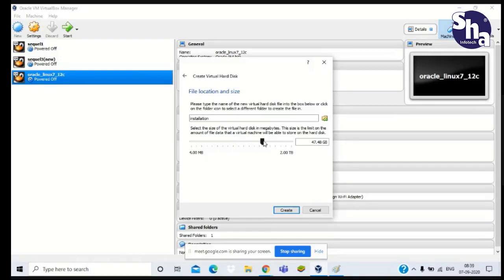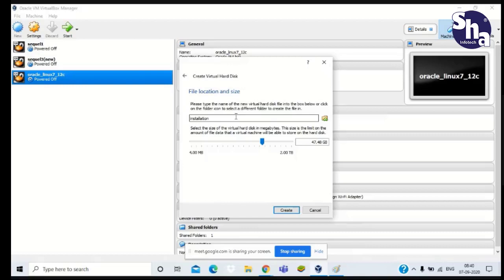And keep the location of this machine on a local disk. That means everyone has local disks like C, D, E, F, something like that. So keep it on the disk which is free, which has free size, meaning a minimum of 100 GB or 80 GB of space.